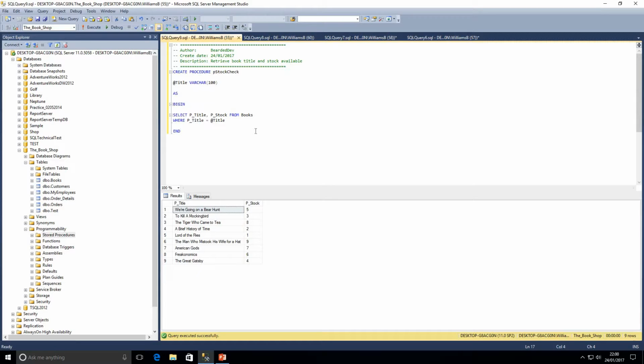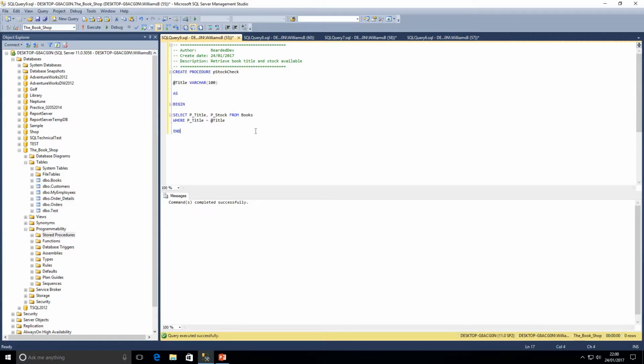So if I press F5 now to execute that query, we can see command completed successfully, and when we get that result, that means we have successfully created that stored procedure. If I was to press execute again now, we would get an error to say there's already an object named pStockCheck in the database. If I wanted to create two very similar stored procedures, I'd have to change the name